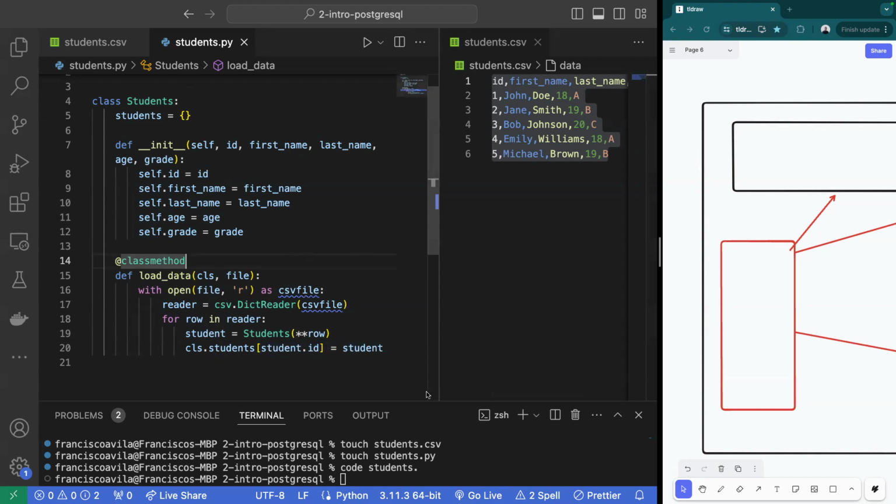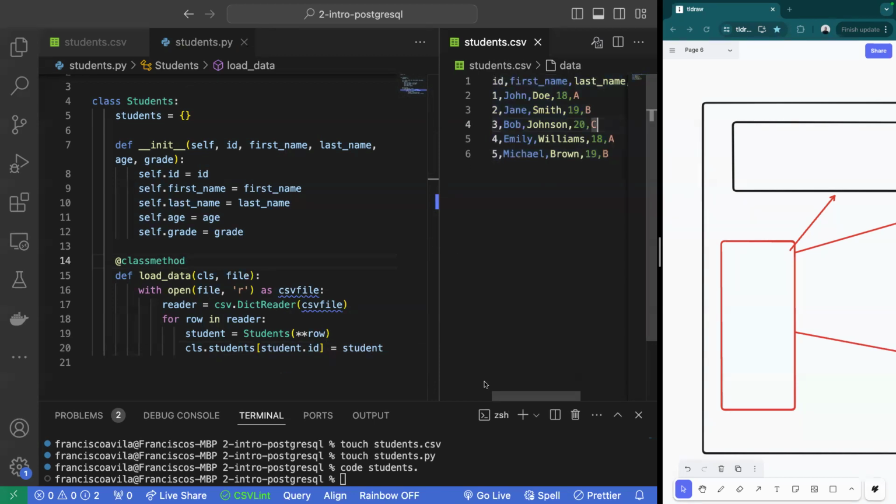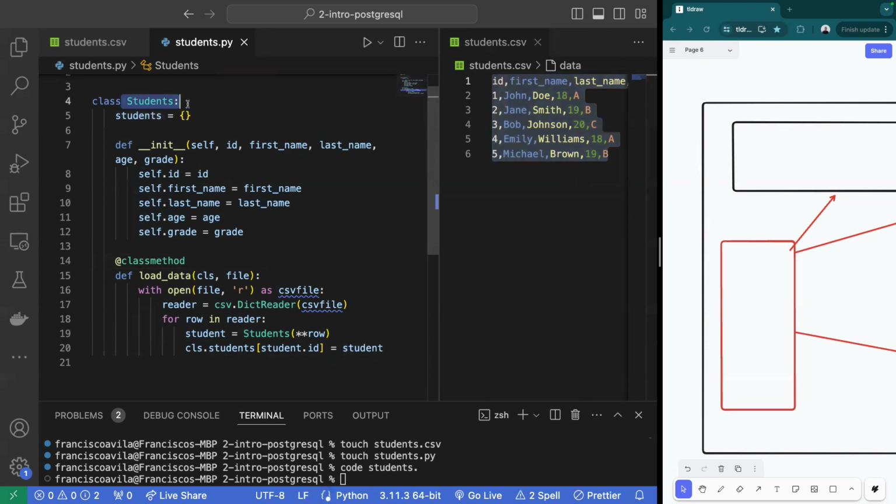So let's do a quick summary of what we've done so far. We received a CSV file. From the CSV file, we identified the headers, our ID, first name, last name, age, and grade. In order to be able to interact with this data, we created a class named students that has a class level attribute students, which is where all the instances will be stored in a dictionary fashion, where the ID will be the key and the instance of a student will be the value. We then created an init method that will take in all the appropriate headers, set all of the instance level attributes,